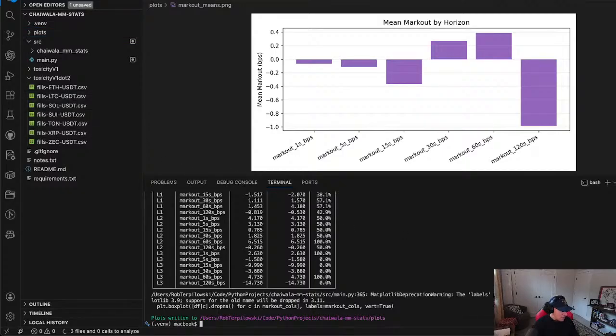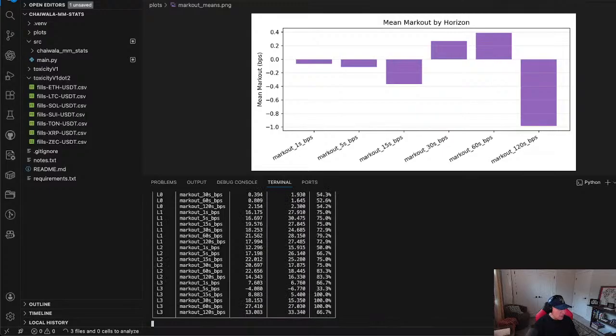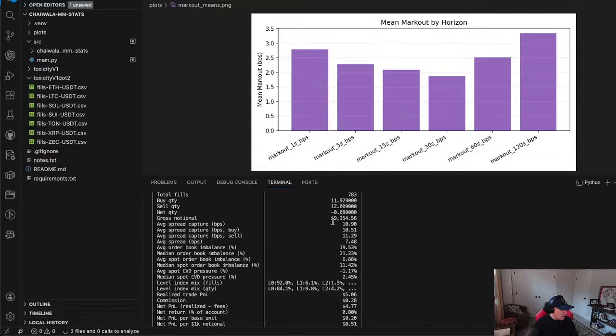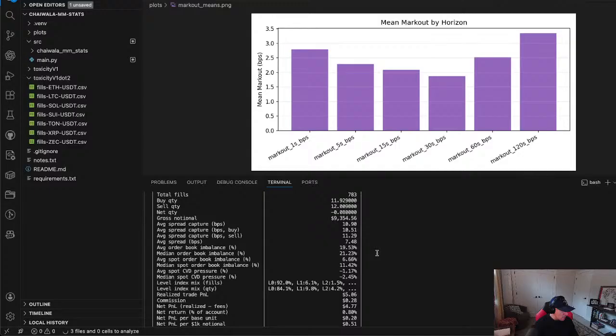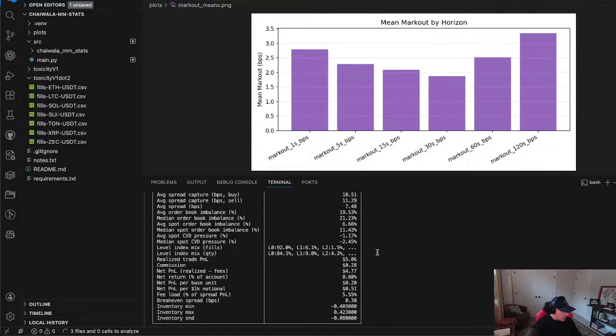Zcash, I'm curious about because that one was doing the best, and I'm curious to see if the results were consistent over that entire test period, or if there was just a good stretch where we had a bunch of winning trades. So running the analysis here, almost 800 fills on this altogether. I had restarted the app at some point. So we're seeing that